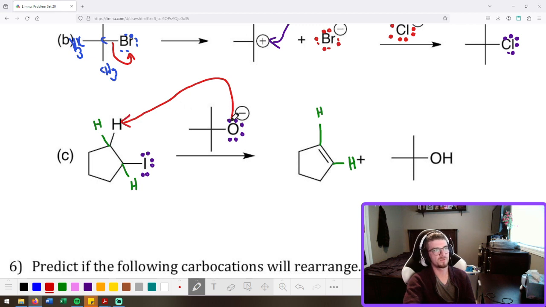So this oxygen forms a bond with hydrogen, but hydrogen can only support 1 bond at a time. And so the hydrogen carbon bond has to break. Because this hydrogen can only be attached to one thing at a time, and we're putting it onto the oxygen now. So these electrons have to go somewhere,